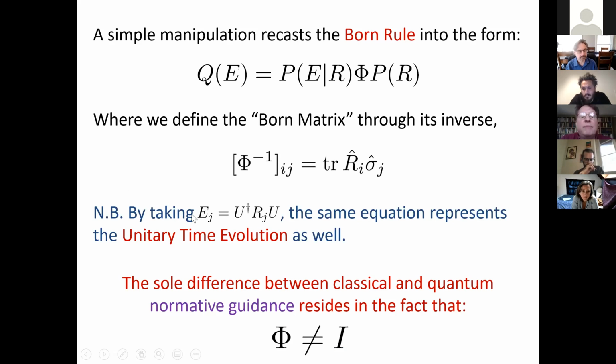Nota bene, if you take the final measurement to be a unitarily Heisenberg evolved one as the reference measurement, this same formula provides exactly the Schrodinger equation. It gives unitary time evolution as well. So one formula captures the Born rule and the same formula captures unitary time evolution. Now, we Cubists think that this is quite an important rephrasing of how probabilities are calculated, particularly because it leads